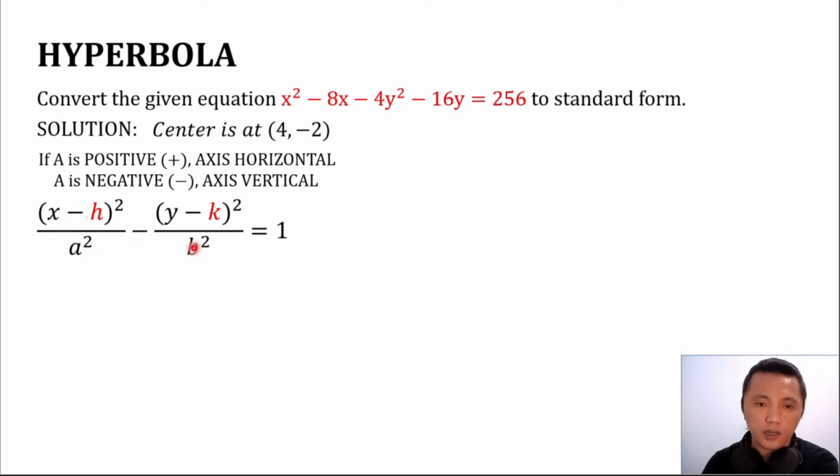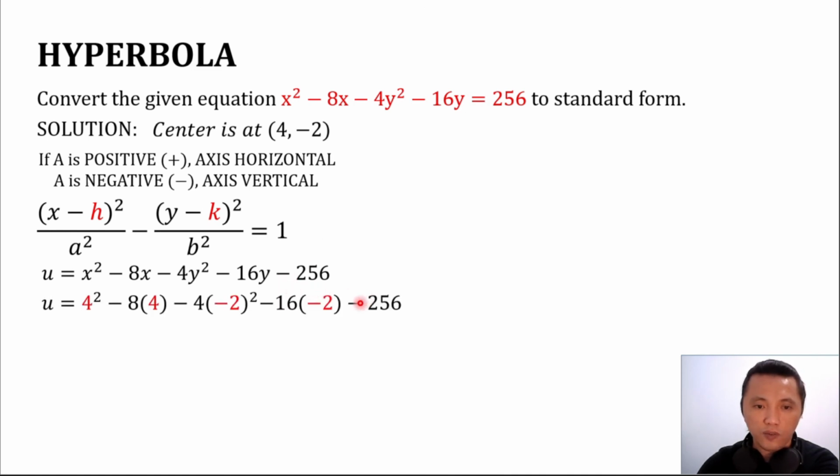So again, the method in solving for the ellipse is almost the same as the hyperbola. So we will now use the arbitrary constant u. So u is equal to the given equation: x squared minus 8x minus 4y squared minus 16y minus 256. So just transpose this one, minus 256. So solving for u using h and k as x and y respectively, we have u is equal to